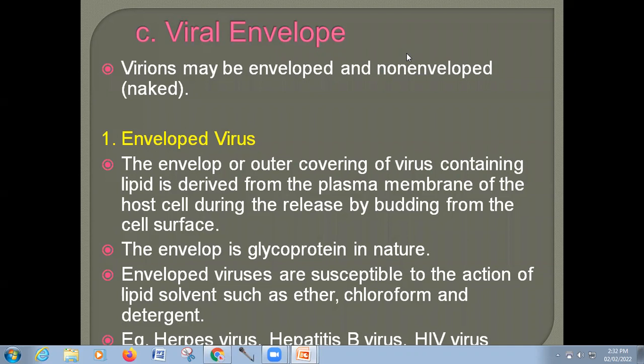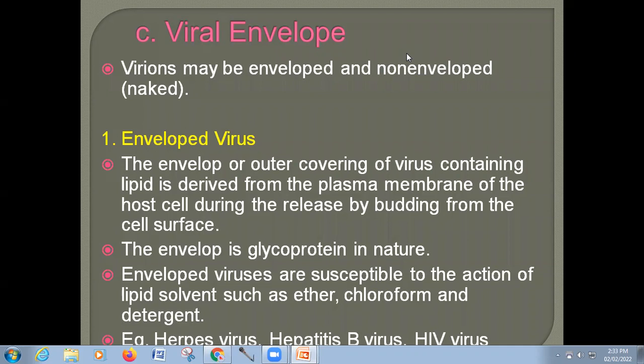Then after that, we started with the viral envelope. Certain viruses have a capsid covered with a viral envelope. I will repeat once again: this envelope is covered around the capsid, which gives extra protection to the virus, and this is the envelope. This envelope is derived from or formed from lipids,